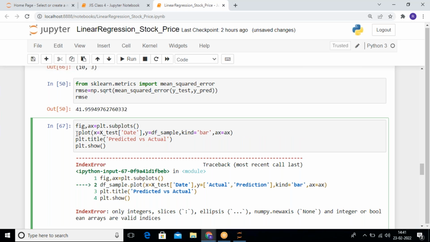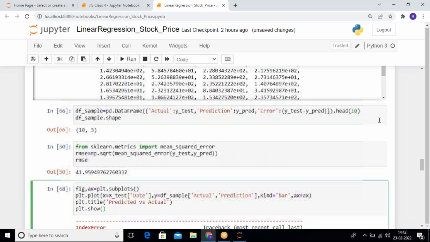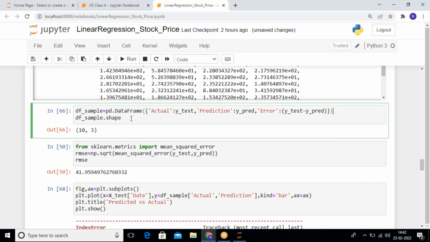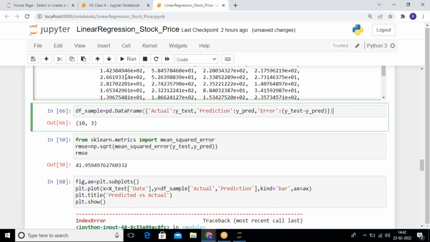और ये आपका स्क्वायर ब्रैकेट के अंदर आएगा, एक्चुअल कॉमा प्रेडिक्शन स्क्वायर ब्रैकेट के अंदर आएगा, वरना आपका एरर आ जाएगा। नहीं सर, df सैंपल फिर स्क्वायर ब्रैकेट, जैसे आप x टेस्ट स्क्वायर ब्रैकेट लिखे हैं तो df सैंपल स्क्वायर ब्रैकेट एक्चुअल कॉमा प्रेडिक्शन। राइट। और सर आपका वहां पे 10 है, आई थिंक सो साइज, रिमूव कर दो ना।